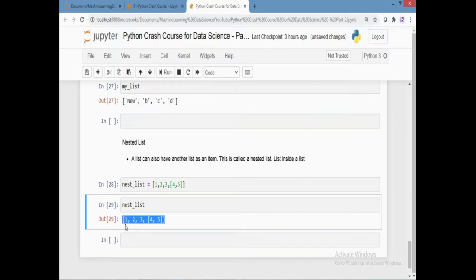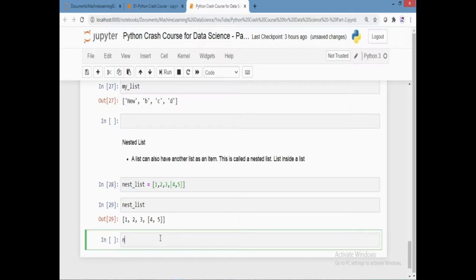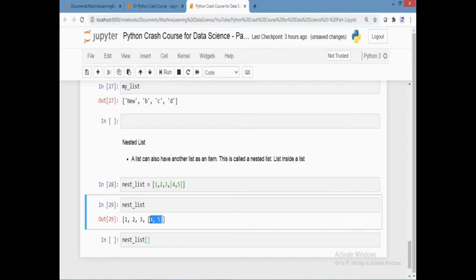If we want to grab 5, how can we do that? Let's see how we can grab this 5. Let me call this variable list. First we will do it part by part. We will first break it up to this part. This is one list and this is another list inside the list. We can see 0, 1, 2 and 3.